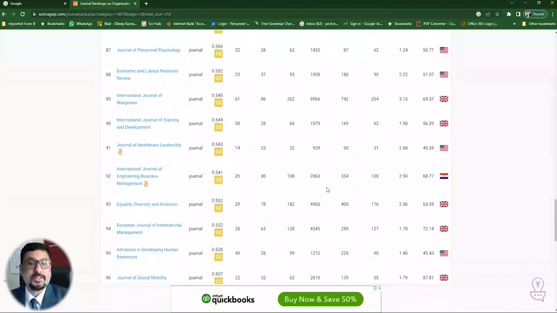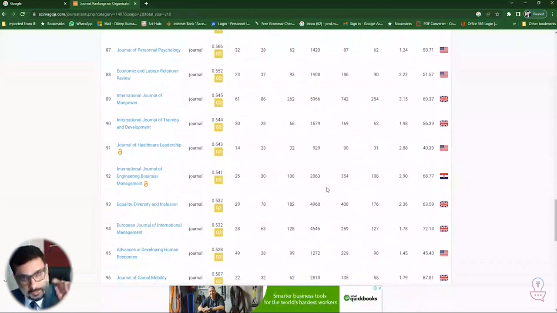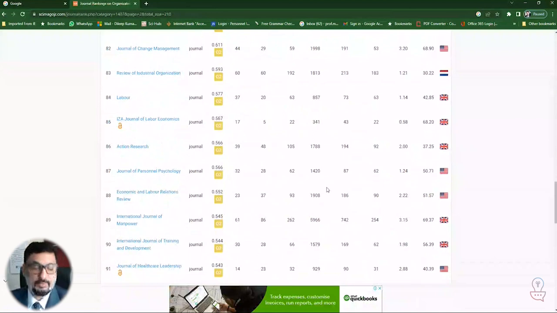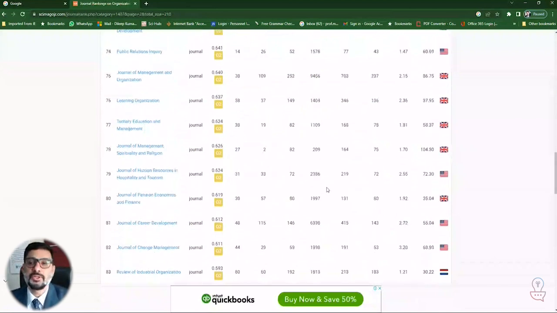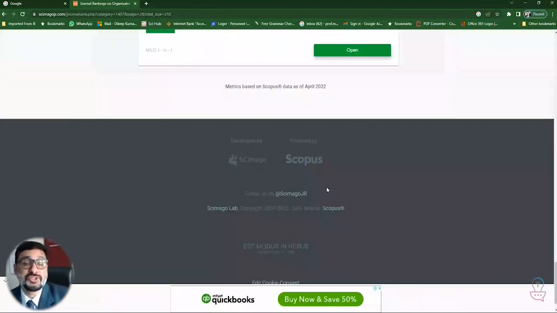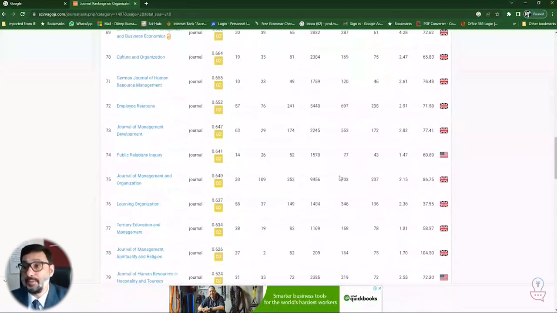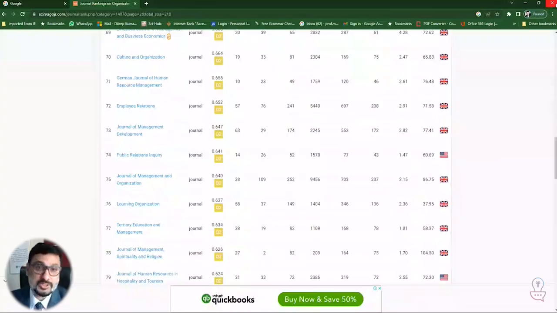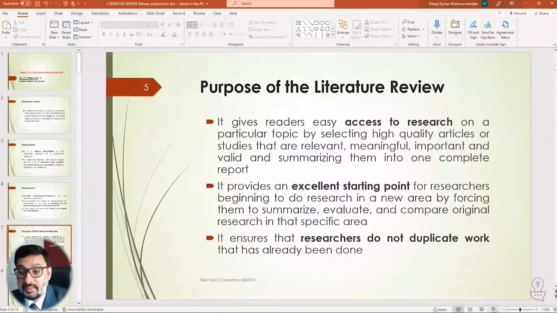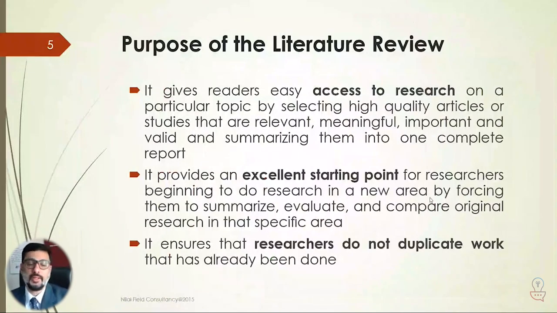A little bit higher is Q3. Articles will be much better. Q2 is much better, and Q1 is the best. You will get amazing citations, a lot. So when you have to do a literature review, always try to go with Q1, Q2 journals. And if you are a beginner, I may suggest Q3 also, okay,